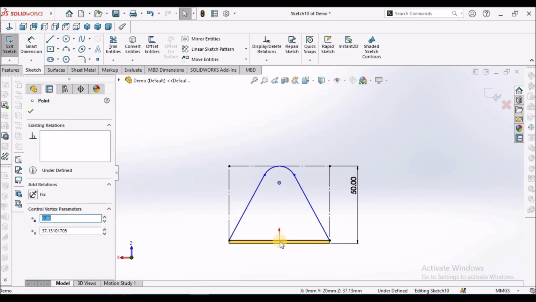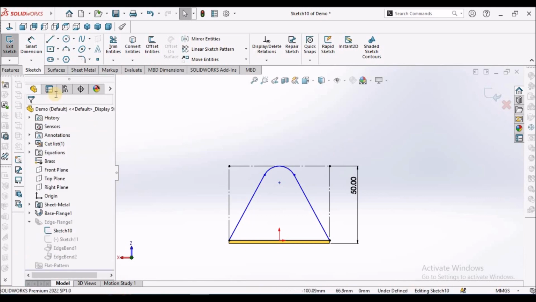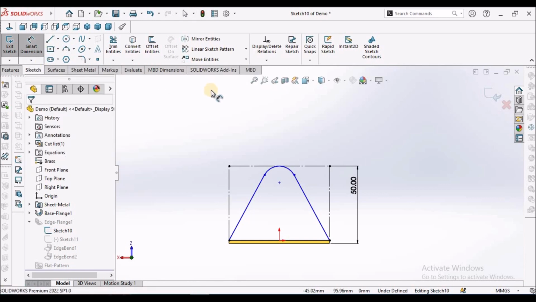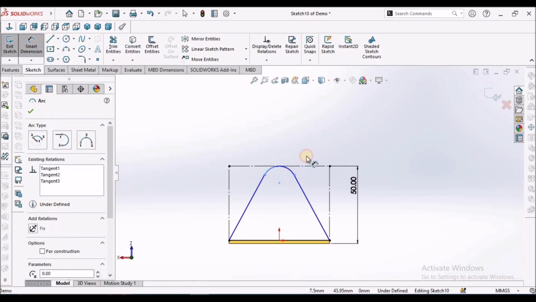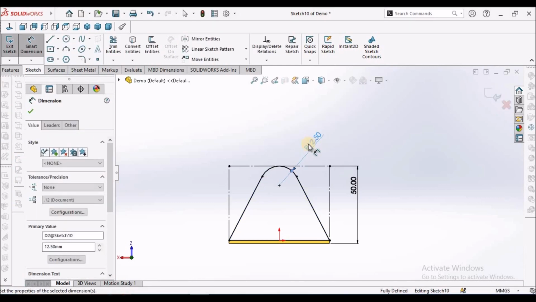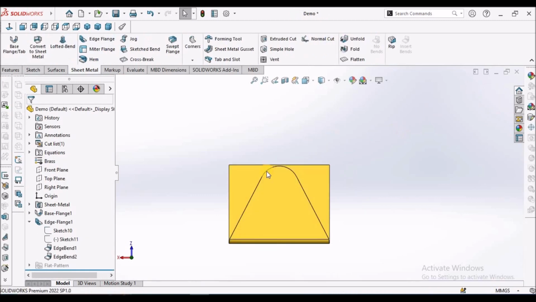This point and origin, make it vertical and say OK. Now this dimension is around 12.5 and say OK. See,